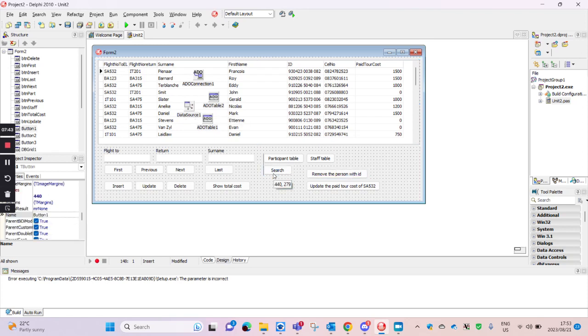So what we're going to do for the search for now is we're just going to display the information of, let's say, an ID number. Or what are we going to use? Yeah, we can use the ID number. Let's do ID number. So then we'll see the information of that person. And then we're going to adapt this one so that we remove the person with that ID. And we can maybe have an update for the tour cost of that flight. So we can then update the tour cost, maybe not even for that specific flight. Maybe we can make it for